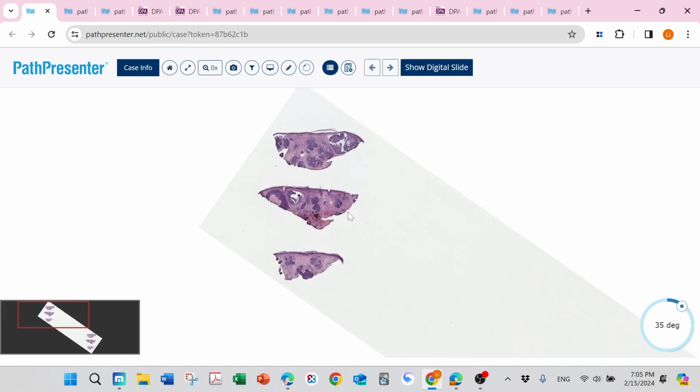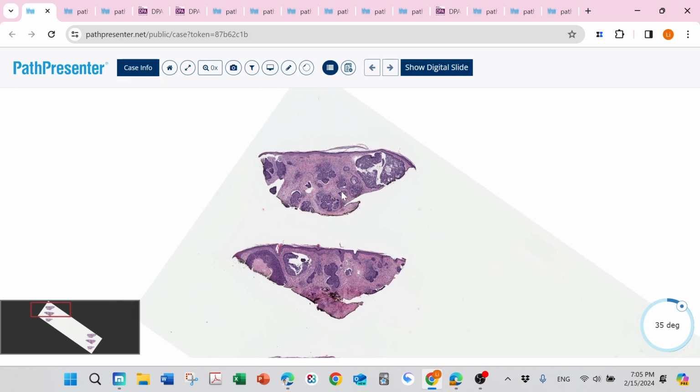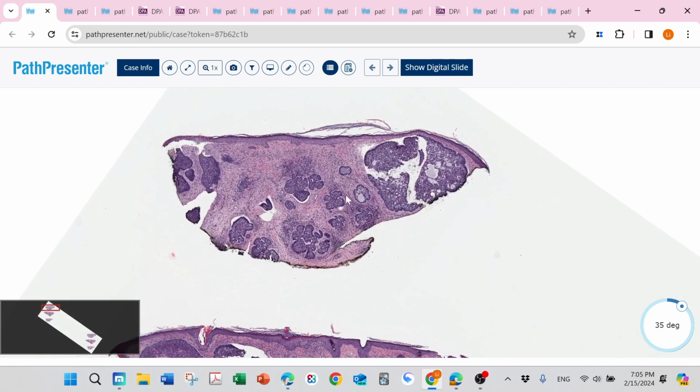Next case. I think this one is really easy. Everyone knows the diagnosis. This is basal cell carcinoma. I'll just show you this classic picture. This one is nodular type. You can see it forming this nodule. The classic finding is that even at low power, we can see this retraction artifact. That means